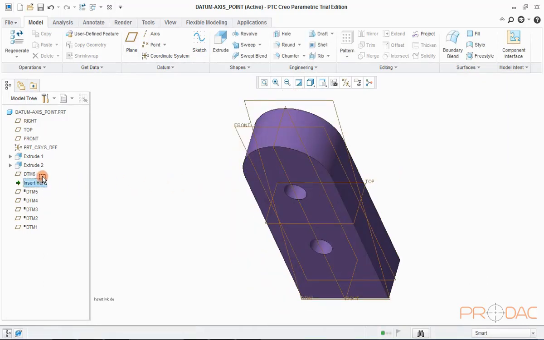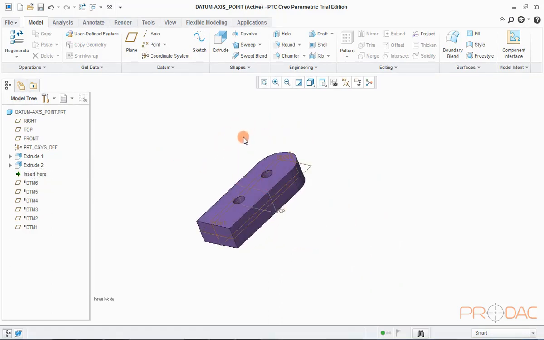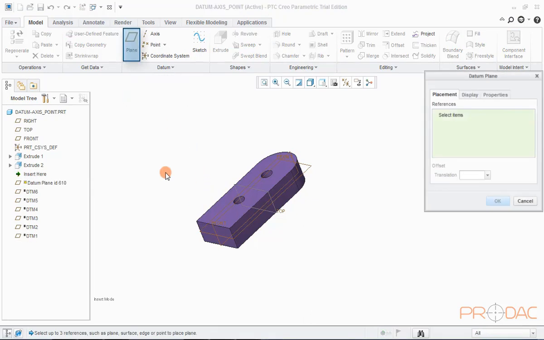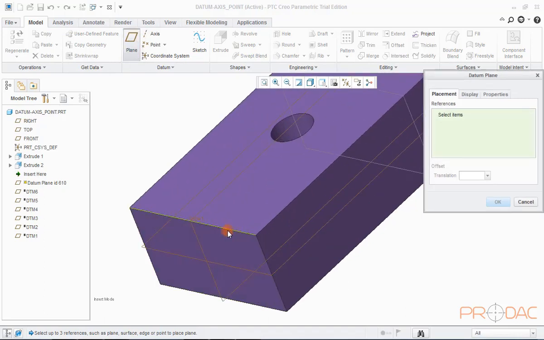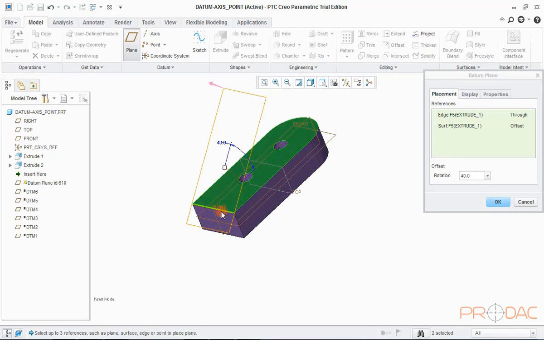Next, we'll learn to create a plane at an angle. Again, select the button labeled plane in the top menu bar. Now, select the edge through which the plane has to pass. And then, select the surface the plane has to incline at. Next, it prompts for the inclination angle.